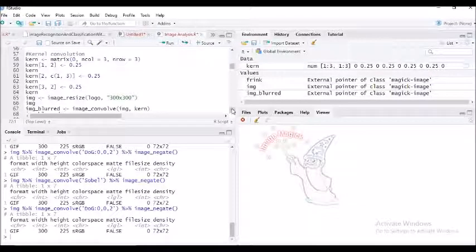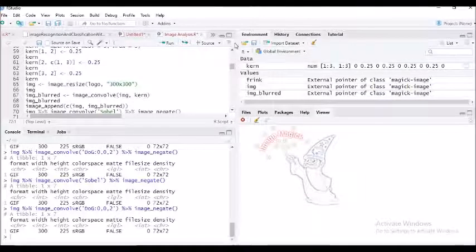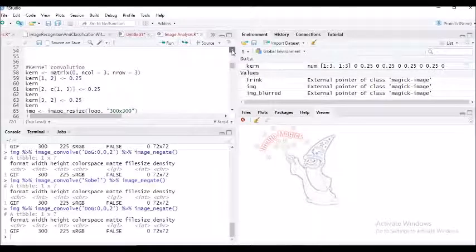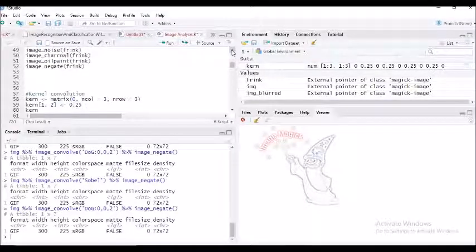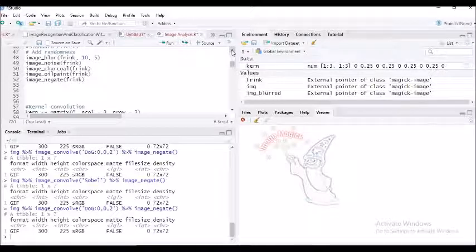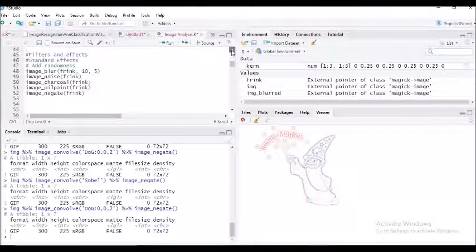So here, whenever we use the word convolve of an image, try to understand that in our studio it turns out to be a function, and the name of the function is image_convolve, and we will see how to use it also in image analysis. Number one, what does it do? It basically applies a kernel over the image. Now the question arises, what do you mean by kernel?